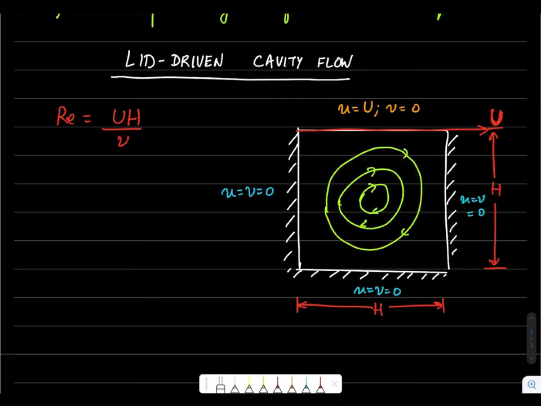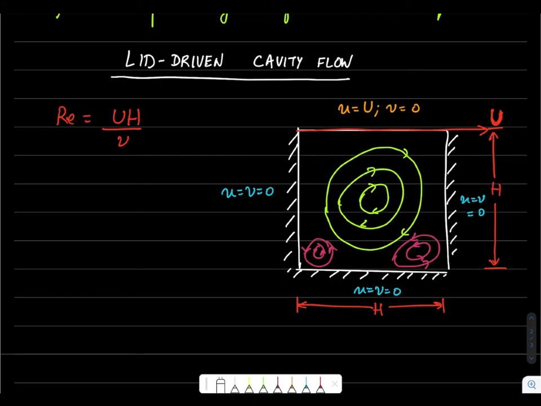More importantly, we also get some secondary recirculation zones established. So we'll have one zone here, and then we'll have one zone here in the following way. If the Reynolds number was very high, you may actually even see a recirculation zone established here, but that is something that happens at typically Reynolds number of about 4,000 or 5,000, so we won't go there. So I'm not very concerned about this as of now.